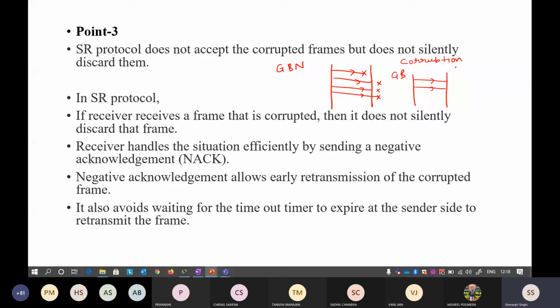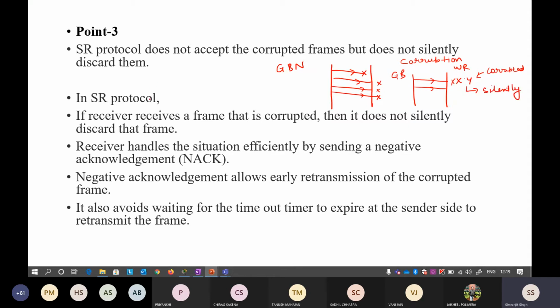Now if the packet is corrupted, suppose the GBN sender is sending some packet and the receiver receives it, but I do not understand the content of the packet. So rather than 0 or 1, it is like X, Y, something like this. I'm not understanding, so I'll deduce that this particular packet is corrupted. Because the receiver does not understand the packet, the conclusion will be that the packet is corrupted, so you can silently discard it. So GBN silently discards the packet when corruption occurs.